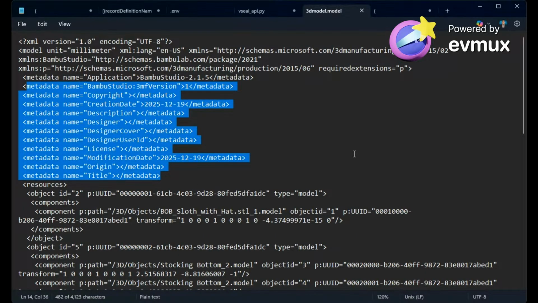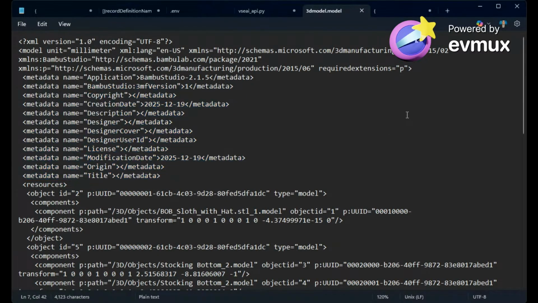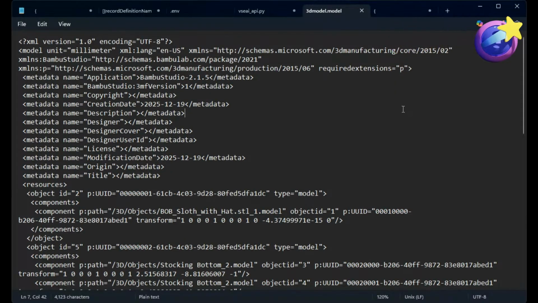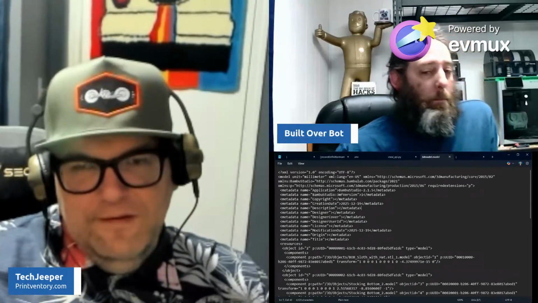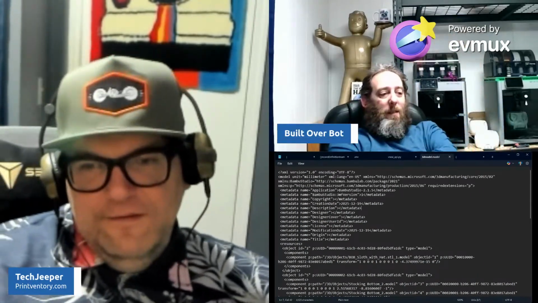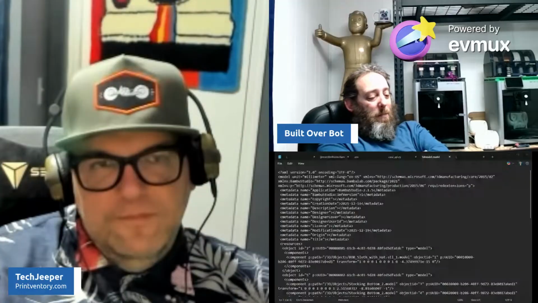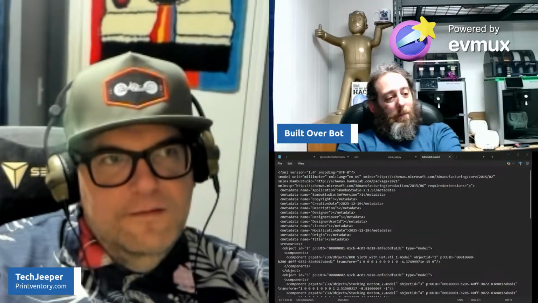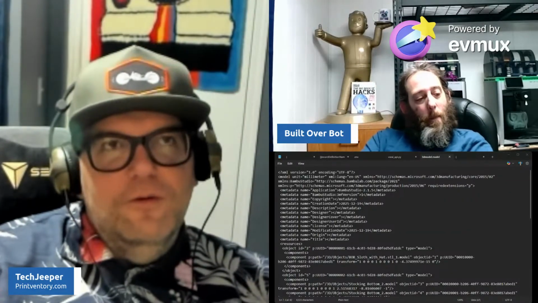I'm curious to know if there's a way to manually populate that when you save a 3MF file from Bamboo Studio or something. Yeah, because that's kind of weird. I think there's got to be a way. I'm going to drop that back. Yeah, that's fine. The problem I see with it is I think it's probably stripping it out. Yeah. Well, no, you're